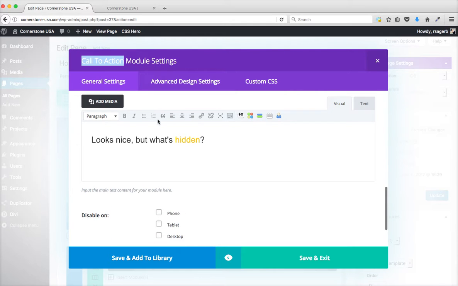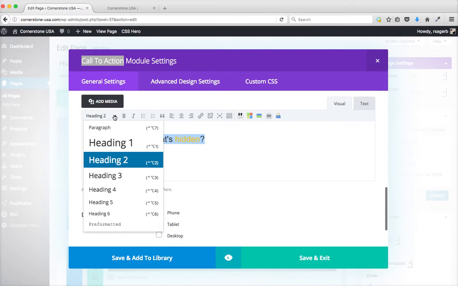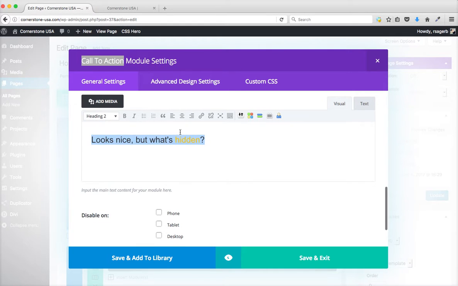But here, you scroll down to where it says content, and this is what I have. I have this one sentence. We set it up as a heading number 2 sized, and then we highlighted it here, and we actually changed the color. Now honestly, there's not as many options inside of WordPress as your typical